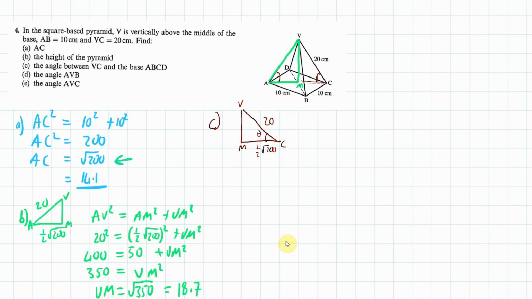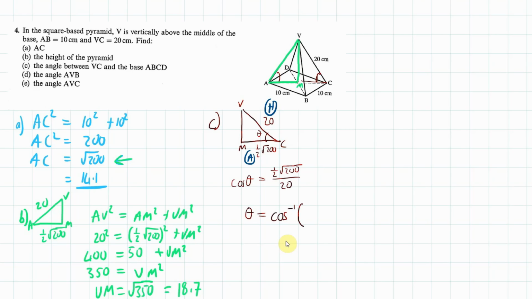So if I want to know theta there, let's label our sides. This is a hypotenuse, and this is an adjacent. So that's CAH, isn't it? So we'll go cosine theta equals, now what goes over what? Adjacent, so that's that, over hypotenuse, which is that. And then to get the theta by itself, we say theta is equal to the inverse